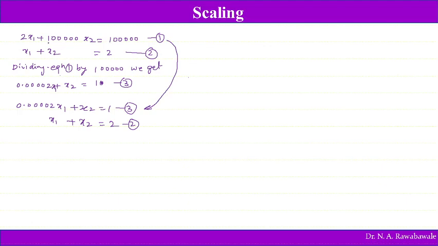That is nothing but this coefficient 1 lakh, which is very large. In order to reduce the difference between these two coefficients, the first equation is divided by 1 lakh, that is called scaling. So now if we simplify these two equations, then multiplying the first equation